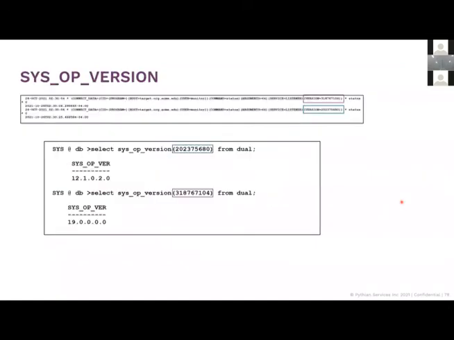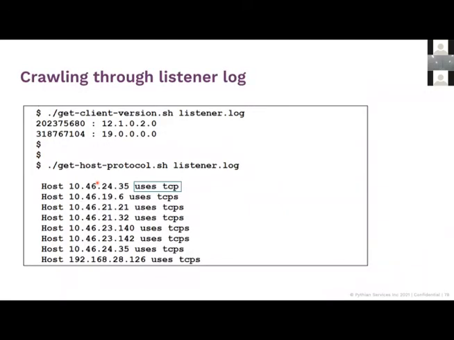To do that, we use the sys function we were talking about earlier. If you apply this function to the numbers that are there in your logs, you're going to get the client version. Now, how can you use this more efficiently? Just script it. Write a small script and scan through your listener log, and you can see for this particular database that I want to migrate, these are the client versions connected, these are the hosts that are connected, and these are the protocols they're using. So now I know these are the versions, and I need to update this particular client, or I do not. I get all this information that I was looking for.